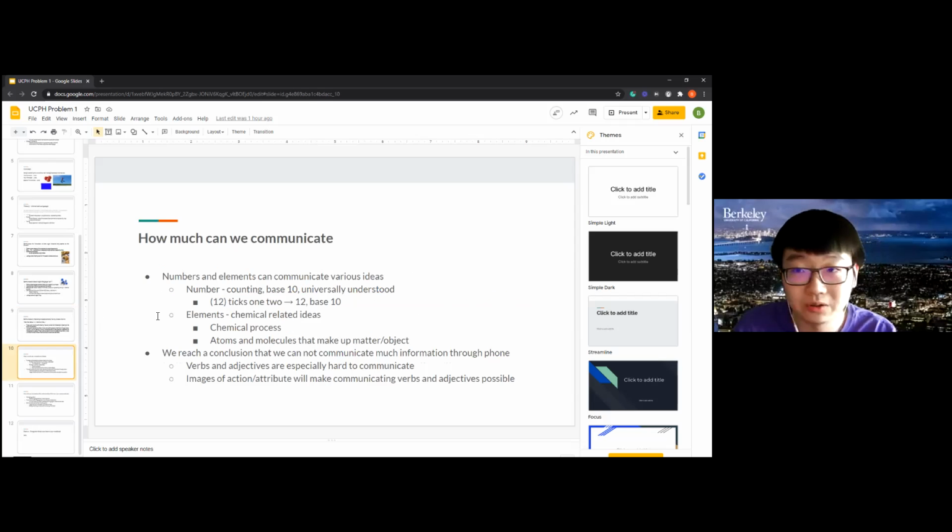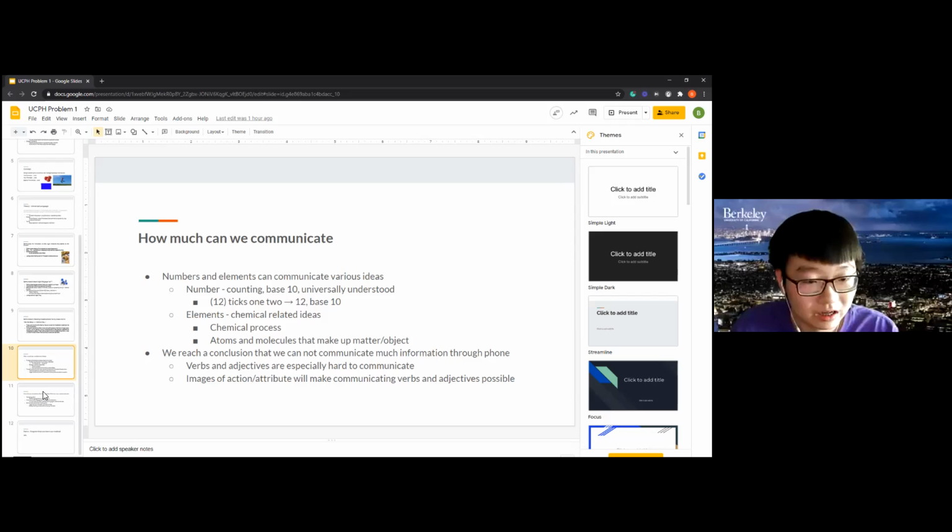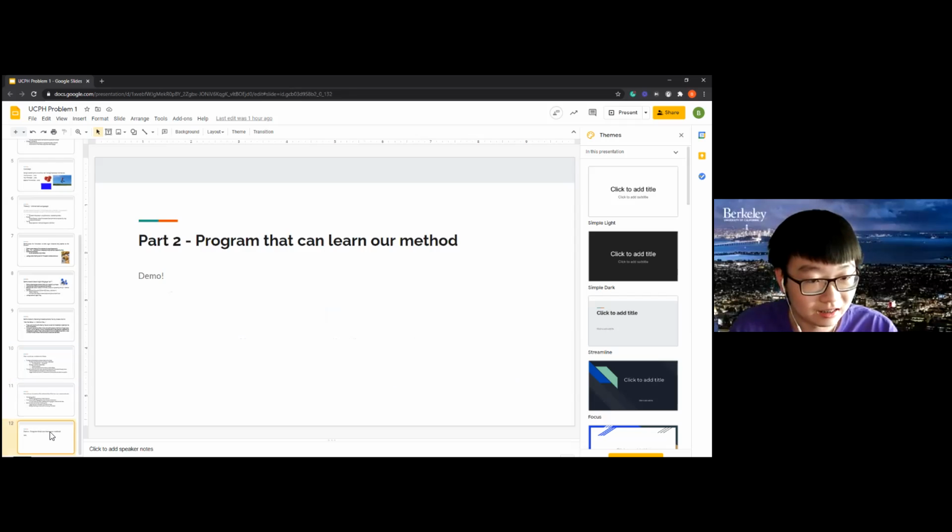Since there are 2 minutes remaining, I do have some code demos that we want to show. Basically our communication method is that we're going to communicate elements first. And then we reach the conclusion that we're lacking the ability to communicate verbs and adjectives. It would be better if we had images instead of phone calls. And so, speaking of code demos,